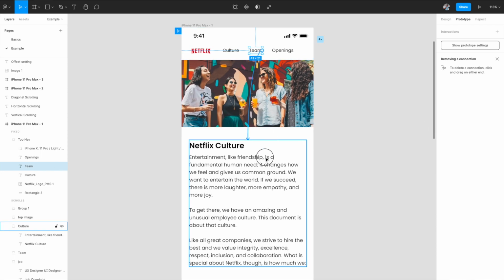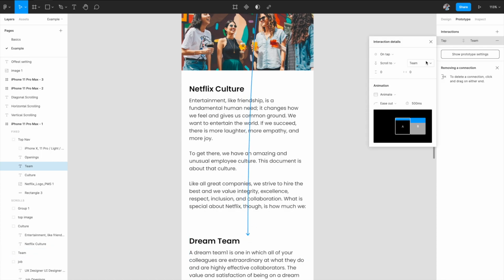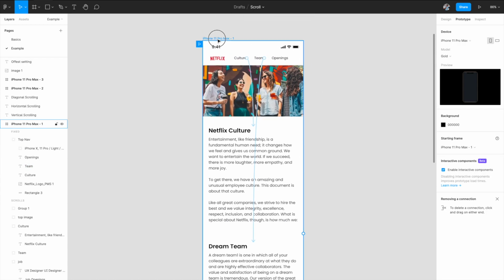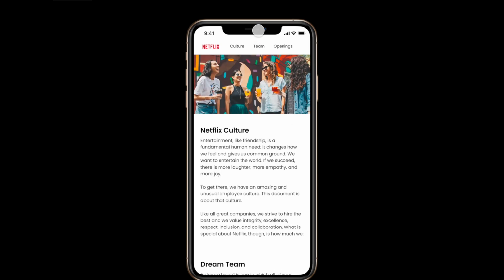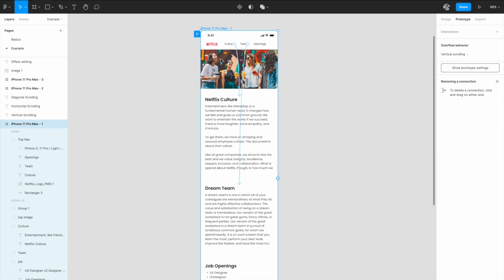Now let's do the same for the other section. So I'll drag for the team and I'll drag it below. And I'll select the team group. Now again, same thing. We don't want it to stick behind the nav, so we'll give minus 120, animate. And since it's farther away, we want it to happen a little bit faster, so we'll give it 300 milliseconds. So the farther the distance, the less the time should be, so that the speed is the same, and for closer, the time should be more. Let's see how it looks. I'll refresh it again. Culture, perfect. Team, perfect. So both the hotspots are working, so you can set up all the hotspots like this.